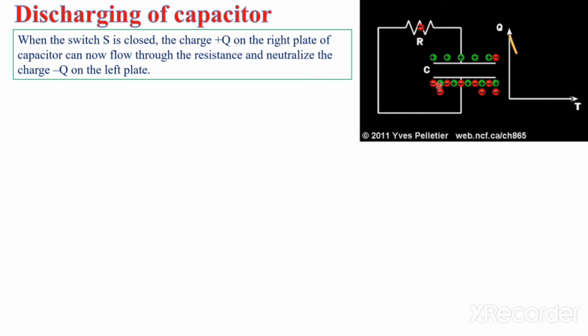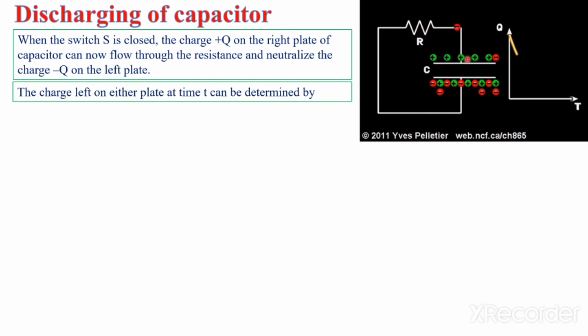Now charges flow from one plate of the capacitor by the help of the resistor towards the other plate and get neutralized. The charge left on either plate at time t can be determined by Q equals Q naught times e to the power minus t